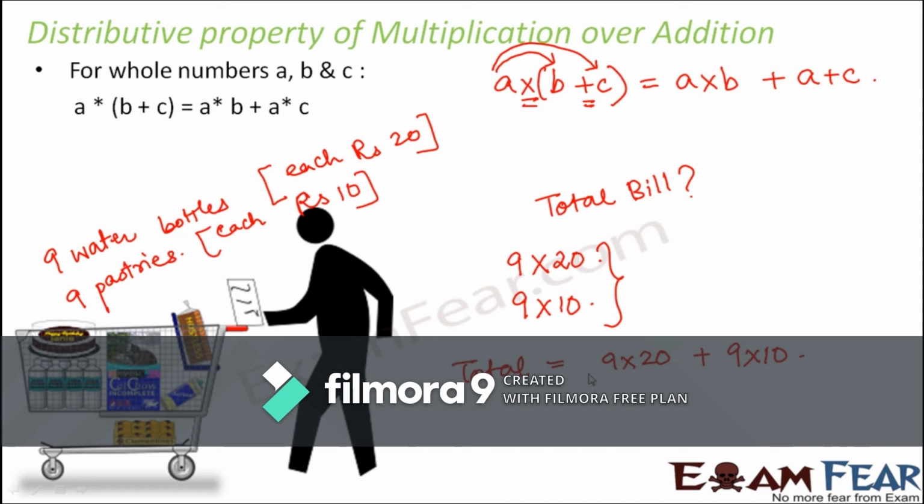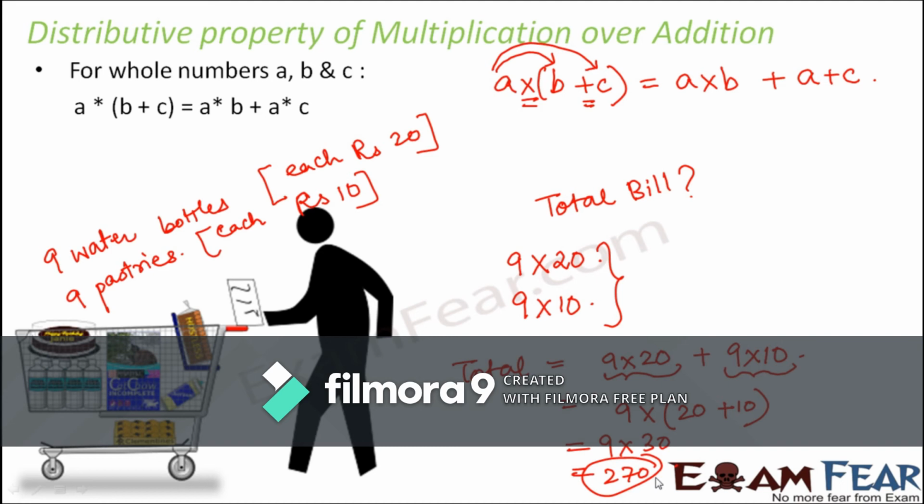So in that case, you will have to multiply 91 into 29, which will make things complicated. So what you can do here is make use of the distributive property. You see here it is in the same format, A into B plus A into C. So this can be very well written as 9 into 20 plus 10. Now don't you think that rather than doing a big multiplication, it is easier to do this sum? So you do this sum, it is 30, and you find out the total amount to be 270.